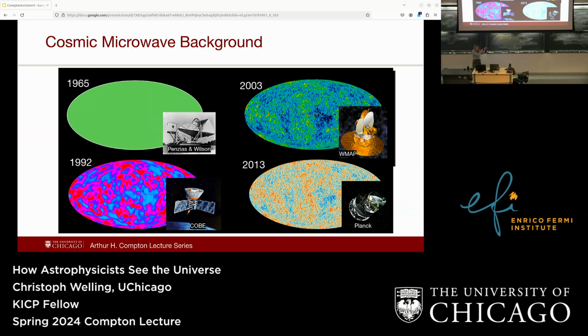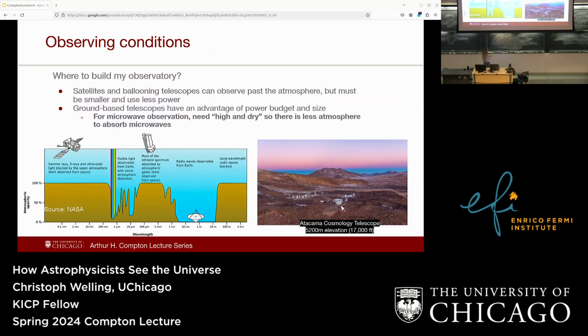We don't have to do this from space. There's a new frontier of cosmology. And so now we're going to say goodbye to Planck. It's going to be probably another 20 years before anyone's willing to spend billions to get a better picture of the CMB. So we're not waiting. We're doing things from the ground. And we have good reason to do so.